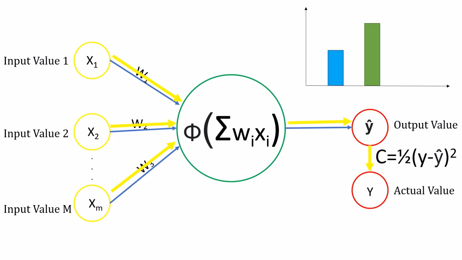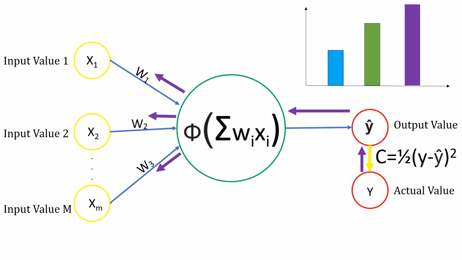Our goal is to minimize the cost function because a lower cost function means that our predicted value is closer to the actual value. So here is our cost function. Once we have compared, we'll feed this info back to the neural network and update the weights. Basically, the only controls we have in neural network working is the weights. So, to minimize the cost function, we keep updating the values until we get the minimum cost function.